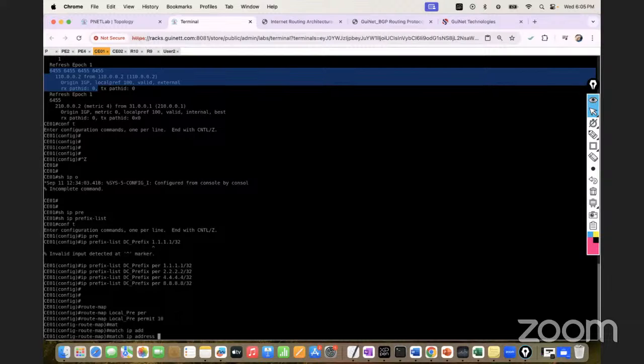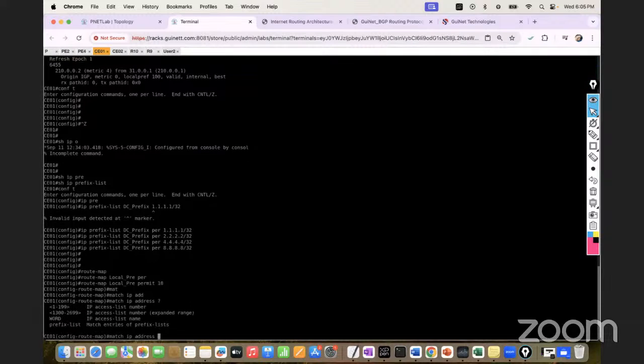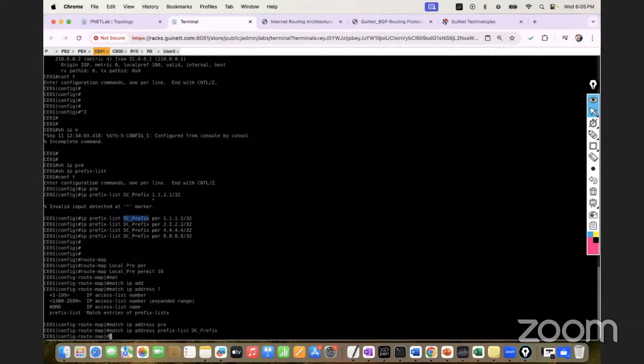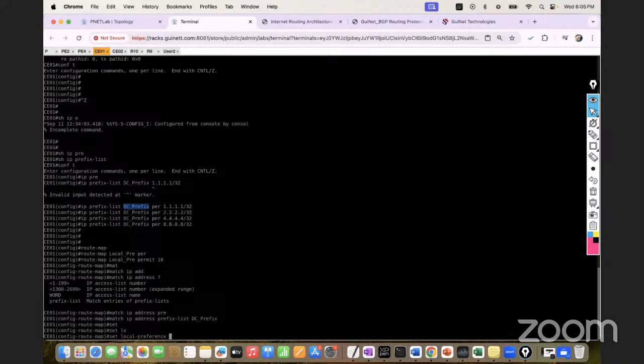So route map permit, match IP address. Okay. And you just have to put the prefix list. And what is my prefix list? DC prefix list. Better you just copy it. Let me just copy and paste it. DC prefix. And then I want to set local preference. How much? So once I match these prefixes, by default, they're getting 100 local preference. So I want to increase them. So what is my new local preference? So I can simply go and add the new value of the local preference. That could be, let me add,